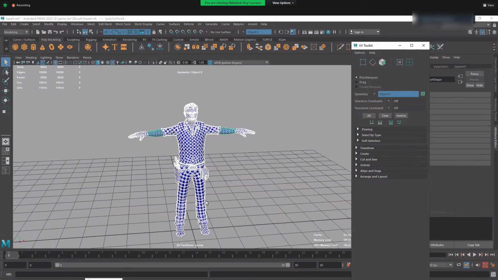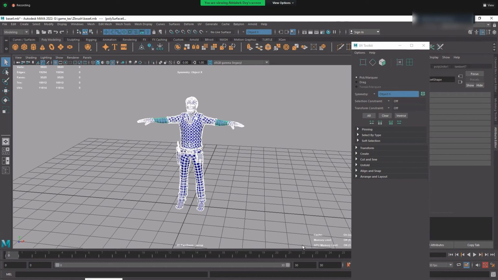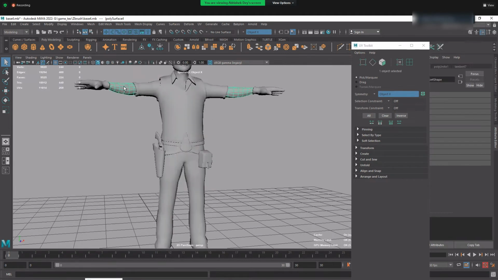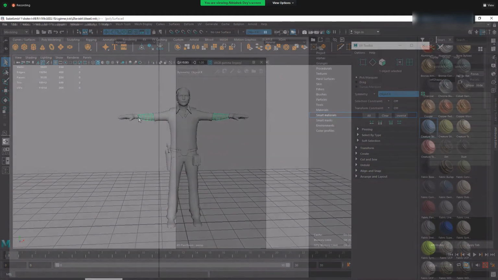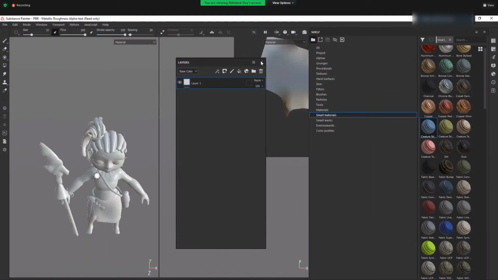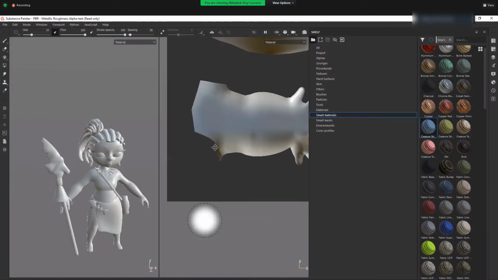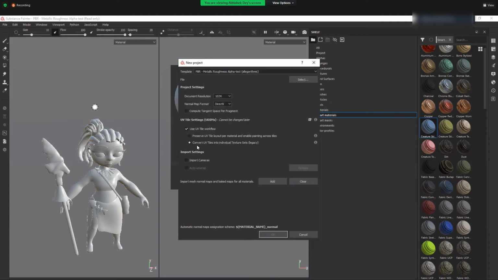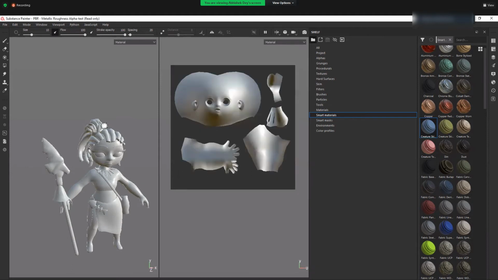Another advantage is, once I have done that, I don't need to take part by part object to Substance Painter. I can take the whole thing to Substance Painter all at once. So we have this one over here. The option that I chose here was convert UV tiles into individual texture sets legacy. Now, as a result, what is happening is,